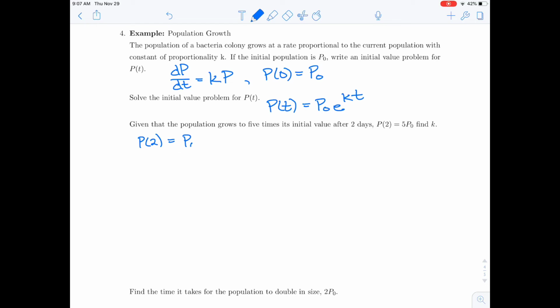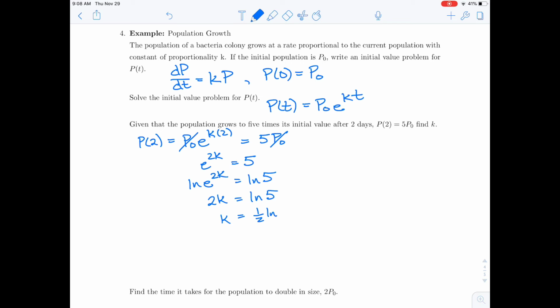So P(2) for our solution is P sub 0 e to the k times 2, and we can set that equal to 5 times the initial population, P sub 0. Notice that we can divide by P sub 0, and we just have that e to the 2k is equal to 5. We can isolate k by using a natural log. The natural log of e to the 2k is equal to the natural log of 5. And that tells us that 2k equals the natural log of 5, or that k is equal to 1/2 natural log of 5. And that's approximately